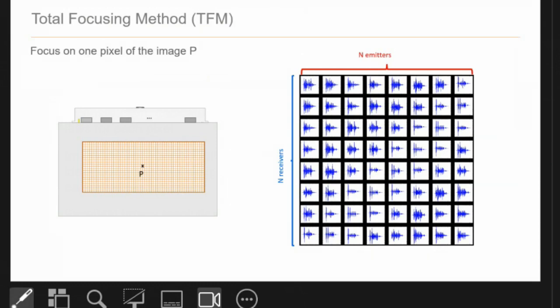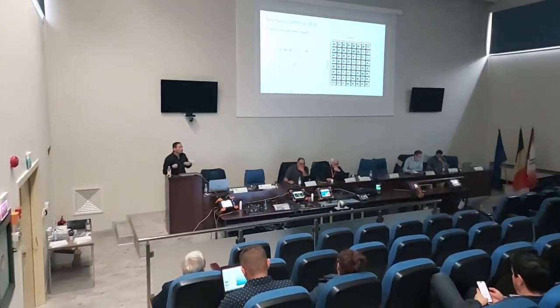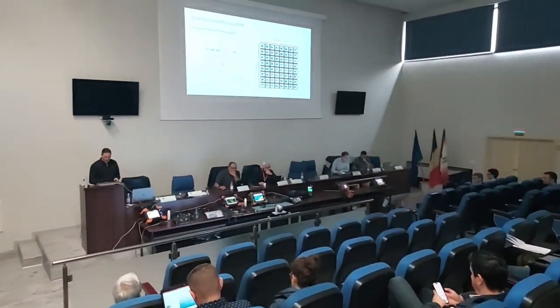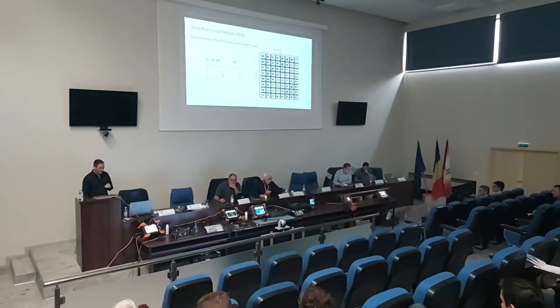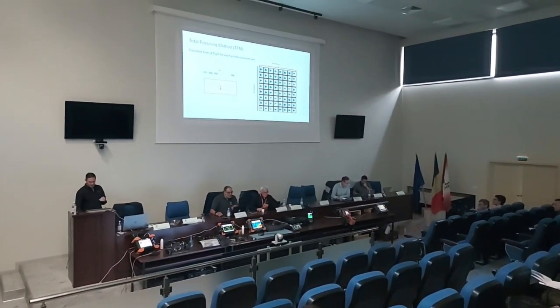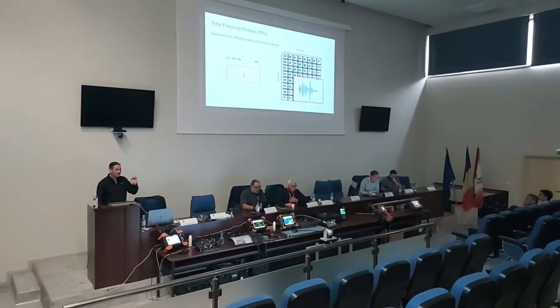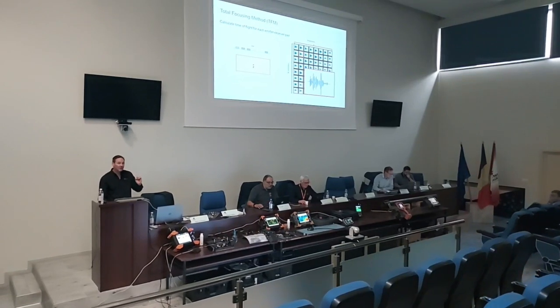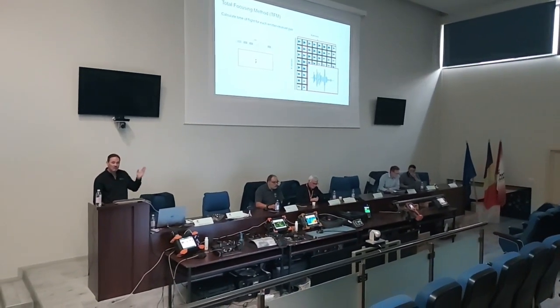So again, what we're going to do is create, with TFM, a matrix in the area that we want to inspect, and this can be a weld. TFM can also be very valuable for weld inspection. And we pick a point which we call point P, and for point P, we're going to look at the specific A scan, which is a combined A scan of the series of the